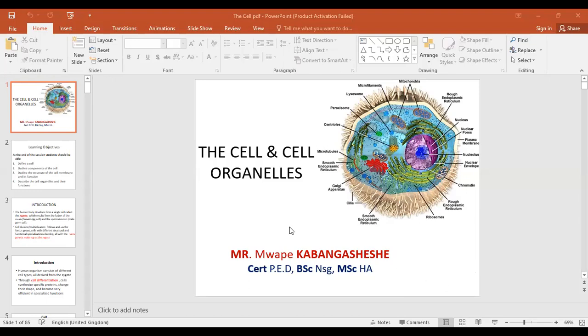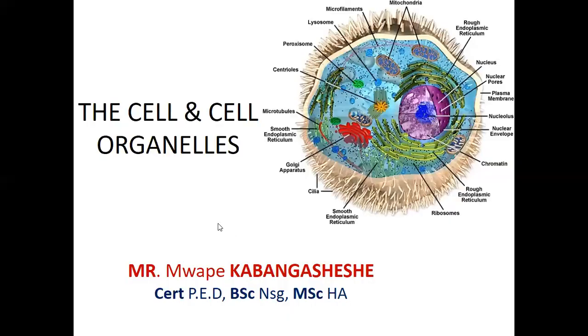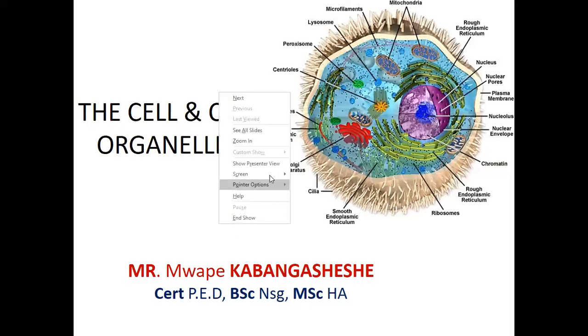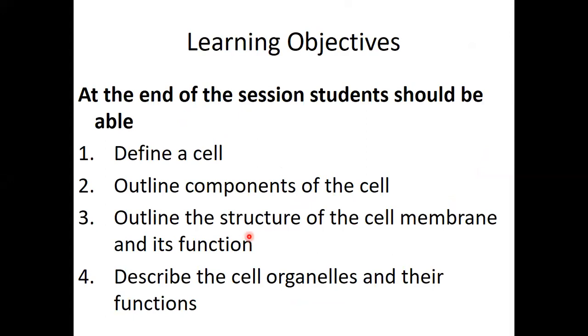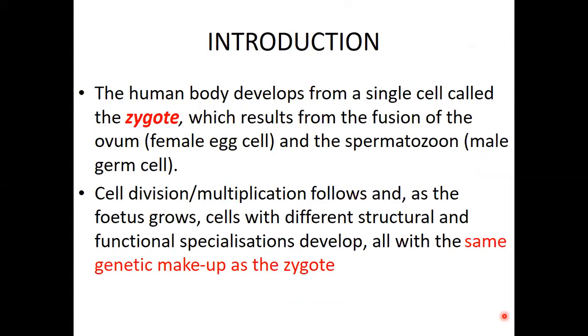So now we're going to look at the cell. The cell is considered the basic functional unit of all living organisms. The cell is capable of independent functions. It can perform all these functions on its own, and that's why it's considered an independent functional unit. Even though cells are dependent on one another, a cell is a full package, meaning the cell can work